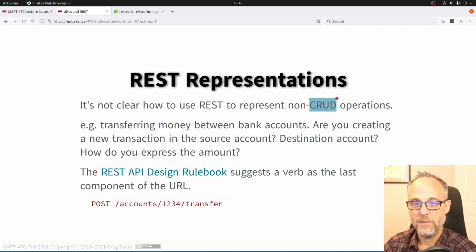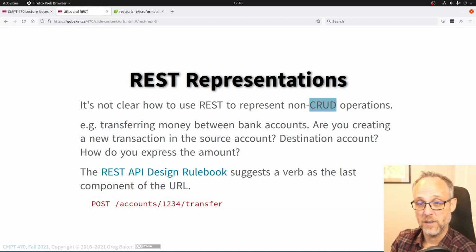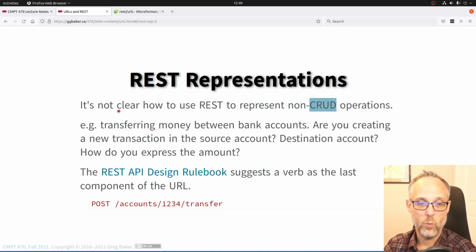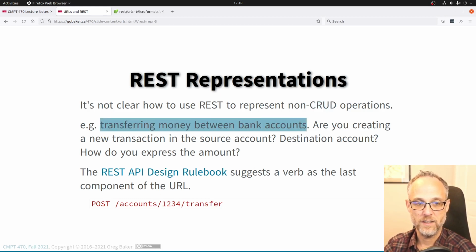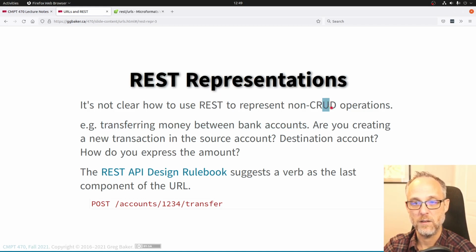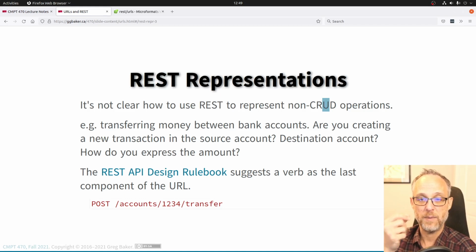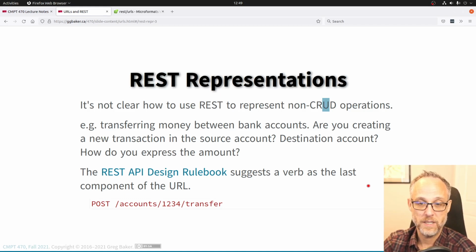You get the same thing every time that CRUD operations come up: well, what about the other operations? Create, retrieve, update, and delete are great things. Those are definitely things I need to be able to do to my data, but they're not the only things I need to do to data. Again, I think this is a canonical example. If I'm going to take money from this bank account and put it into that bank account, I don't want to issue an update operation to remove money from that bank account and then another update operation to put money in that bank account. That needs to be done as a single transaction because,